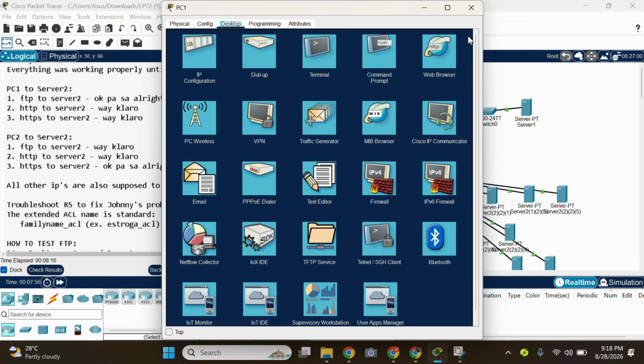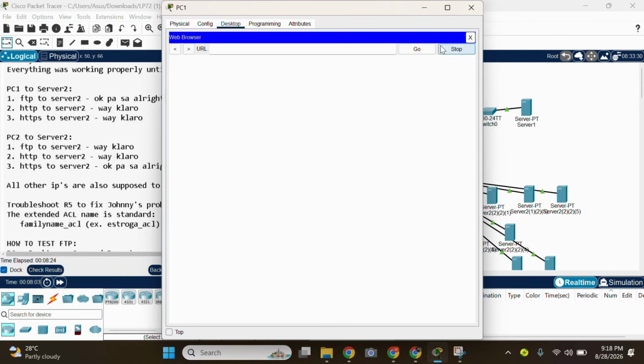After that, we must check the HTTP of PC1, whether it is denied or accessed. The PC1 HTTP connection to 192.168.40.30 should be blocked. It takes a while to see the results.